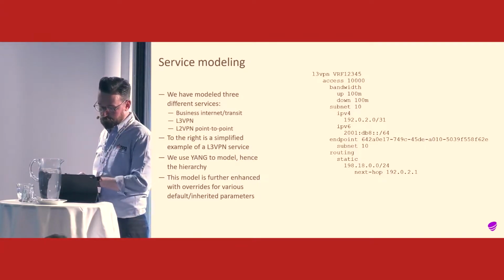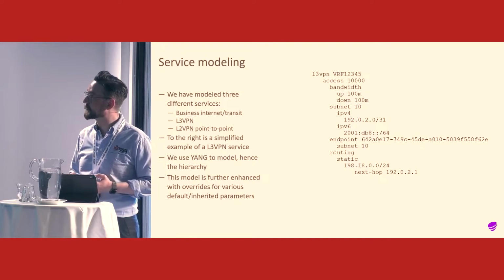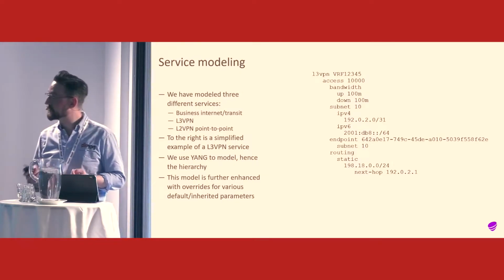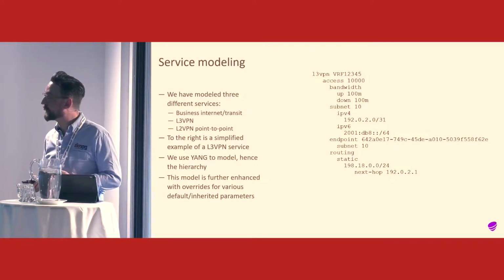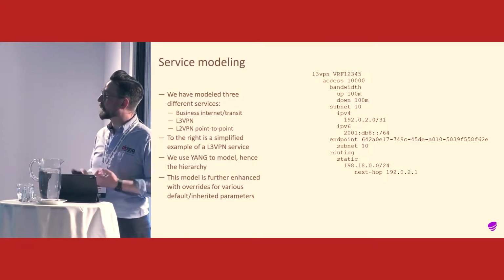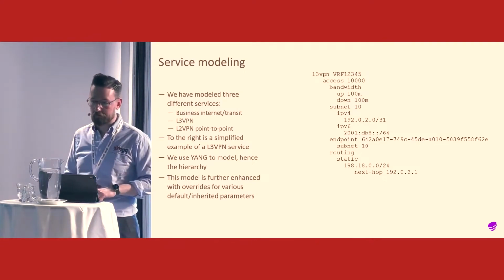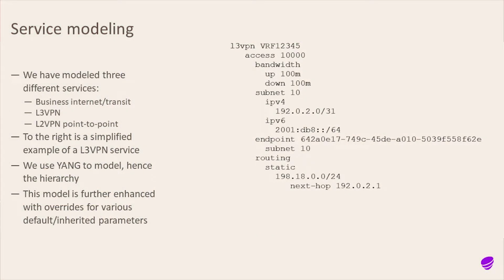So this was our goal, to do this on a large scale for business services. So we scaled that up, this thought up to layer 3 VPNs, internet transit services, business internet, layer 2 VPN point-to-point, etc. And I've sort of included a simplified version of that on the right here. And the challenge here is this works for new services.